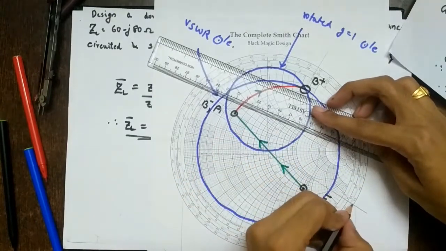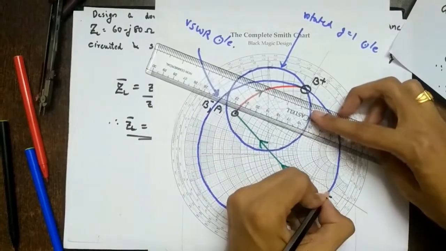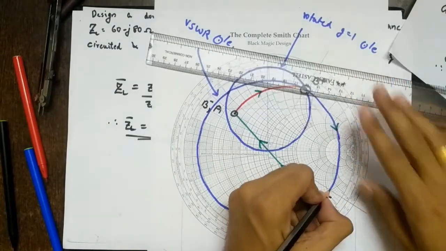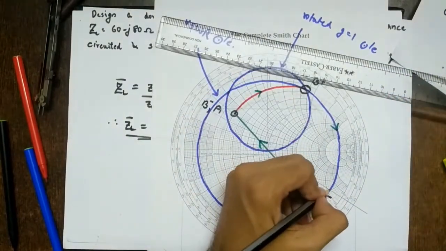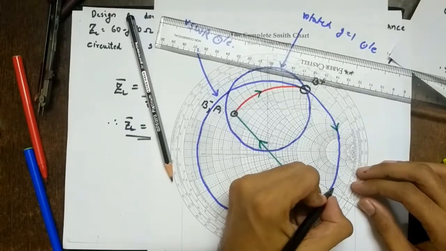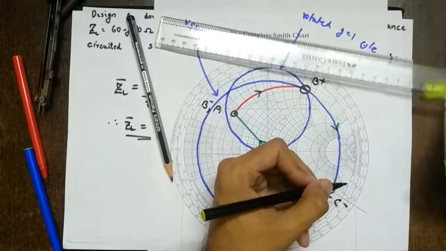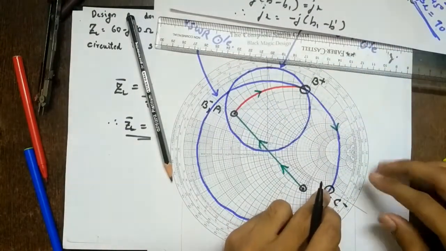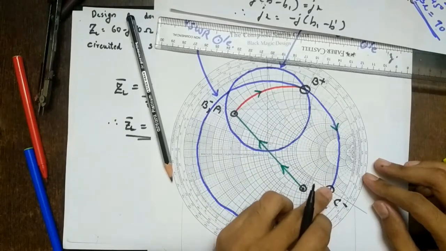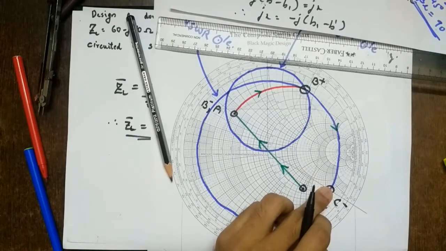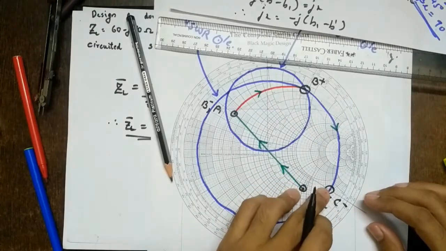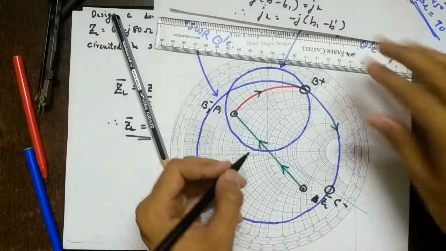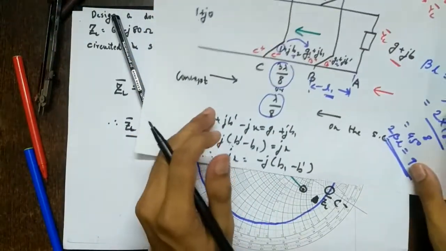I have already drawn this 0.293 lambda line, and it is coming exactly at g equal to 1. See, you can be smart in the exam. You know that from B plus you are going to C minus. This is point C minus. You know at C minus you should have G as 1, which means you have to come and stop on the G equal to 1 circle. So directly come to the G equal to 1 circle, but first check whether you are getting it approximately. This way you can do it. So C minus we have encountered, right? This was the last step which you have to do.